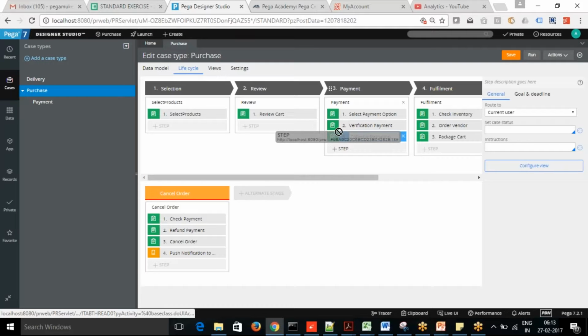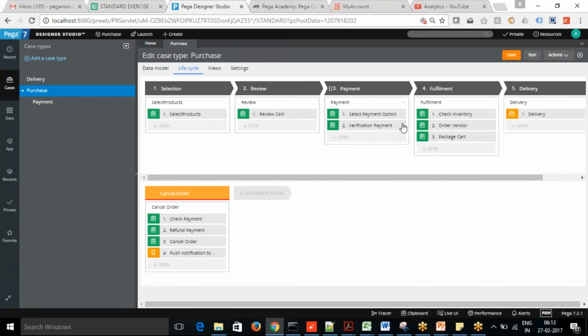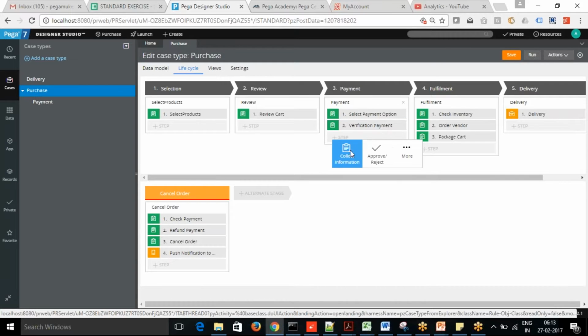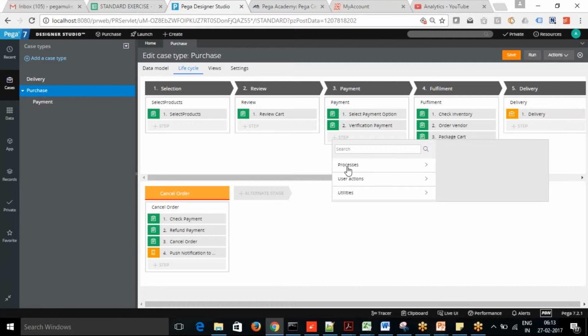More step. So let's say I want to move that to the second step. So here I'm using a notification.